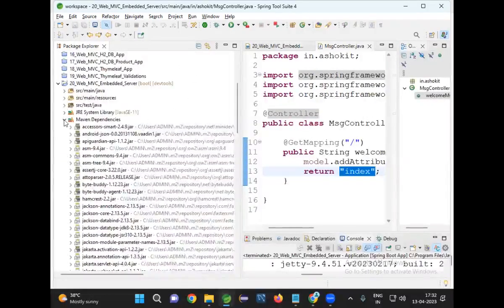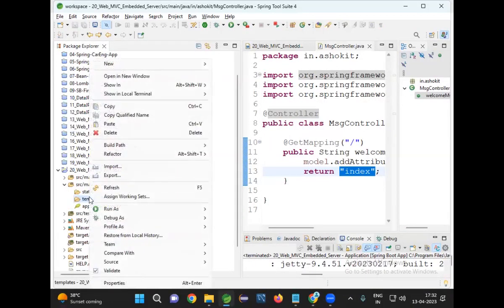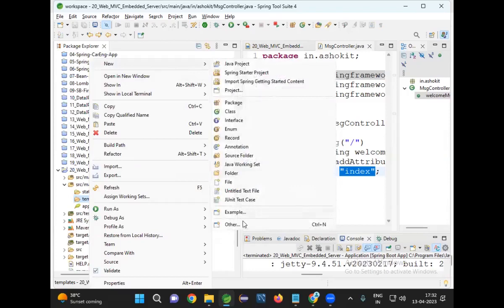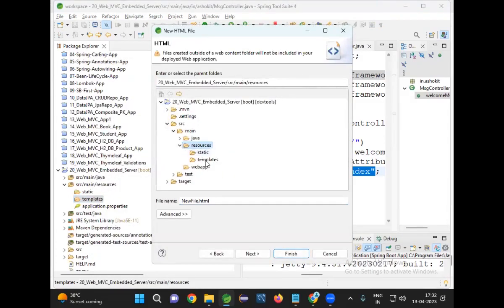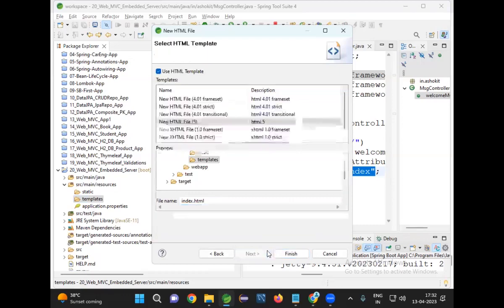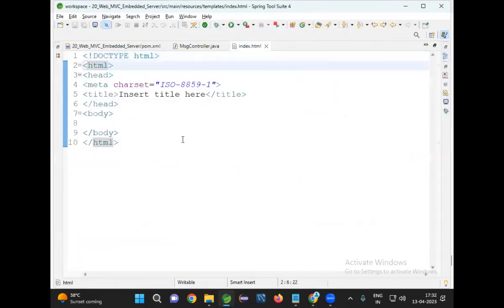Now go to our project and resources, templates, Thymeleaf template. Now new other HTML file. Click on next. In the resources, templates available. Let me give that name as index.html. Click on next, click on finish. Fine. With this, I am able to create. How to use the Thymeleaf? First, I need to configure